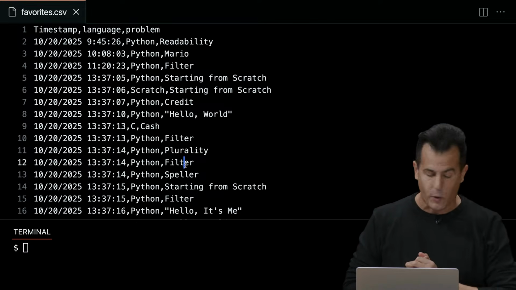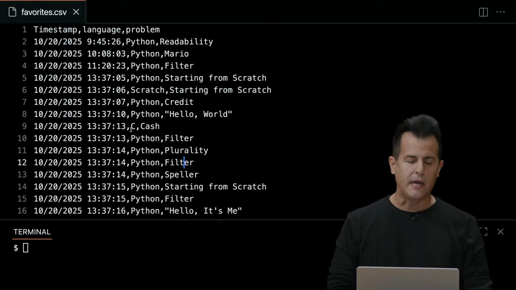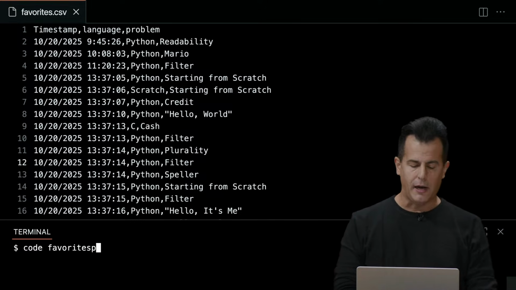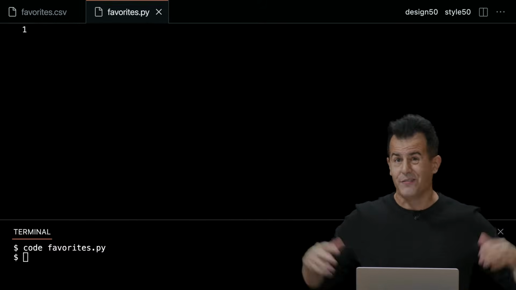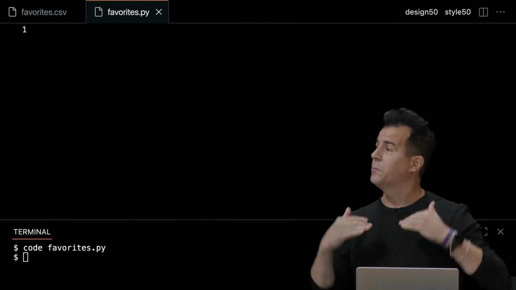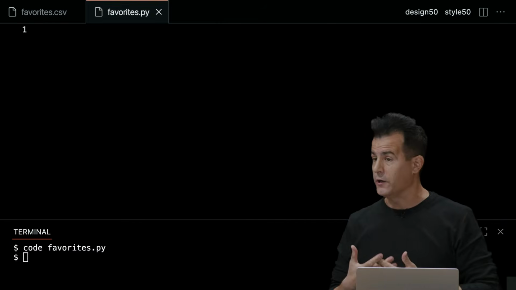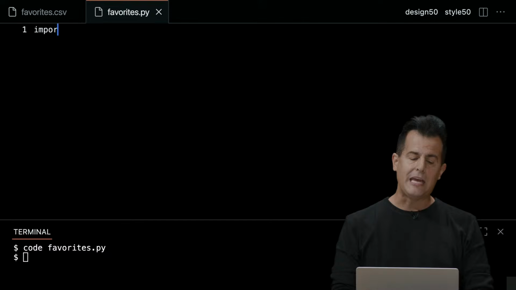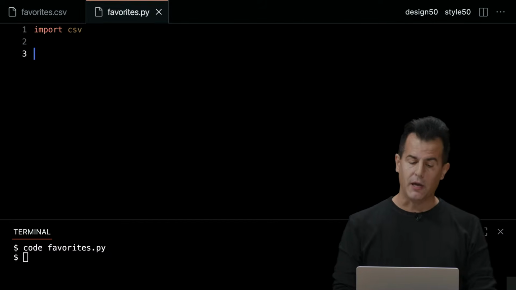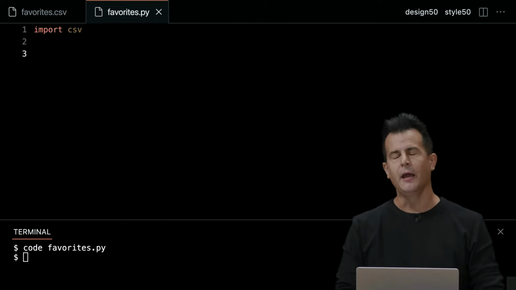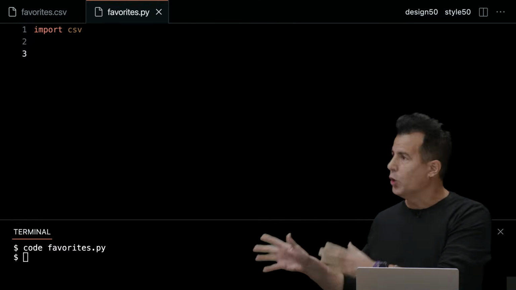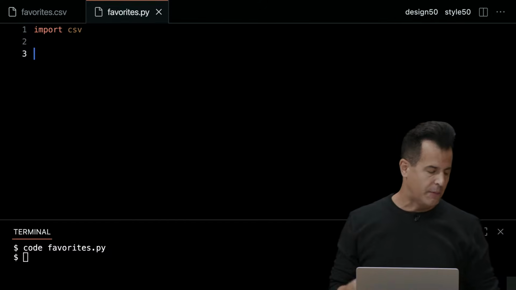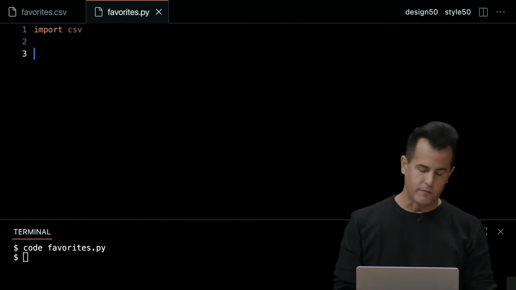although we'll start with just a command line environment as always. So within VS Code, I'm going to go ahead and open up a program called favorites.py. And let's write a program whose purpose in life is to open the CSV file, read it top to bottom, left to right, and then crunch some numbers. Figure out what the most popular answers are to those questions. So I'm going to go ahead and import a package that comes with Python, a library called the CSV library. And nicely enough, this is just code that someone else wrote years ago that figures out how to read data from a file, separating it via commas